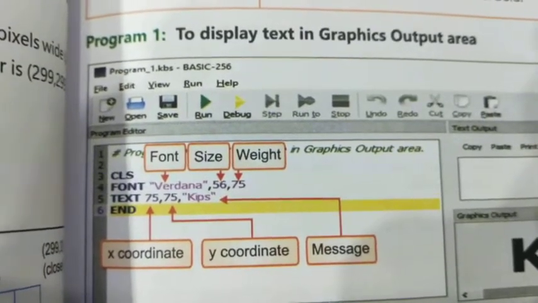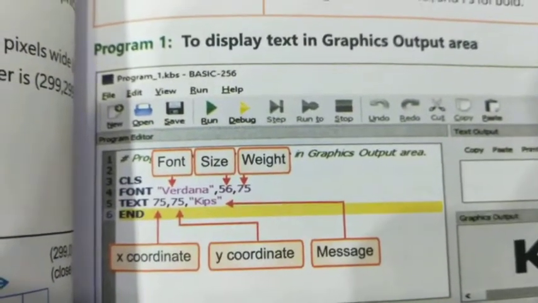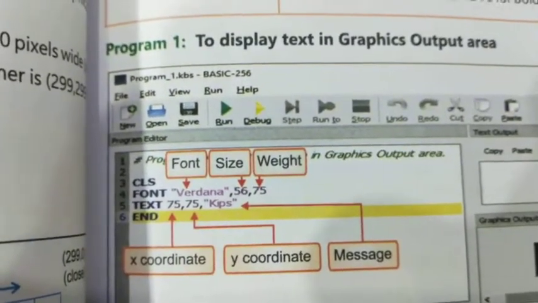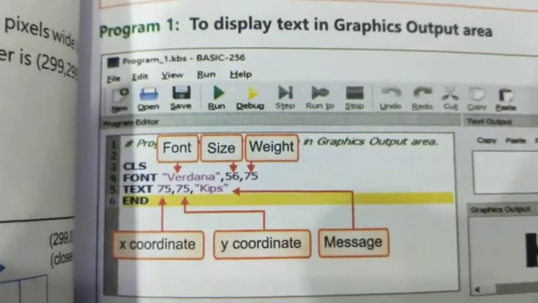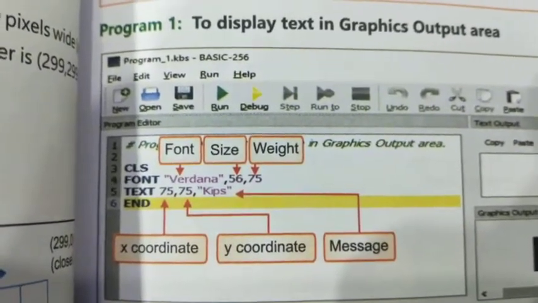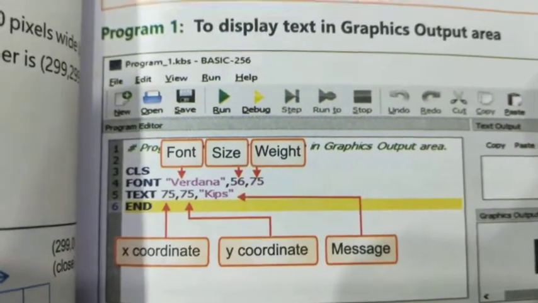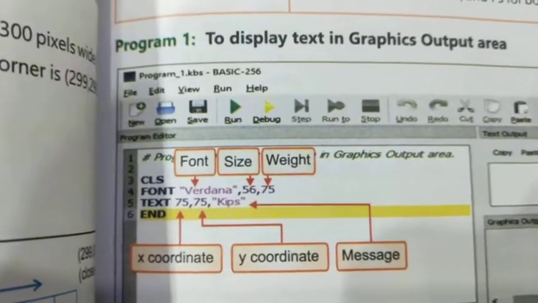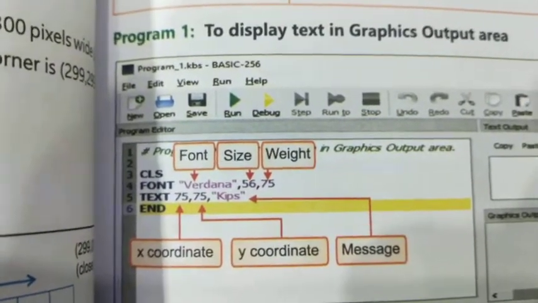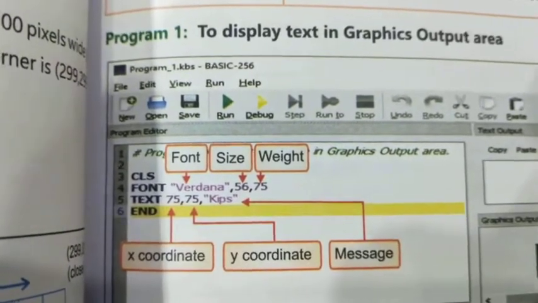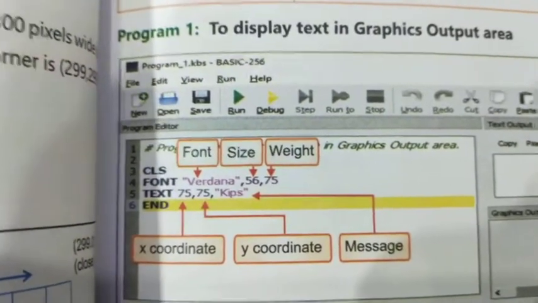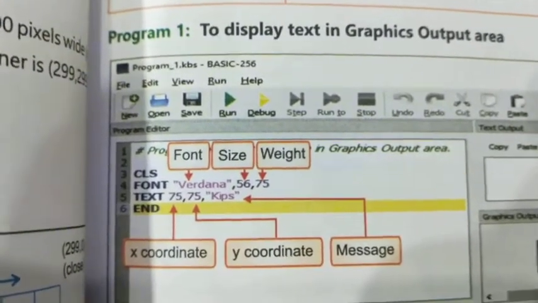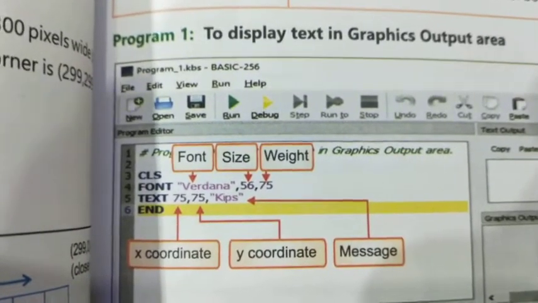Today I am telling you about only one command and only one program, because it may not be on your computer. So first you tell your parents or any computer expert to install BASIC256, then only you will be able to do all this practical. In the next session, that means next week, we will see more different programs. Okay, so today I am showing you only one program to make on your computer.